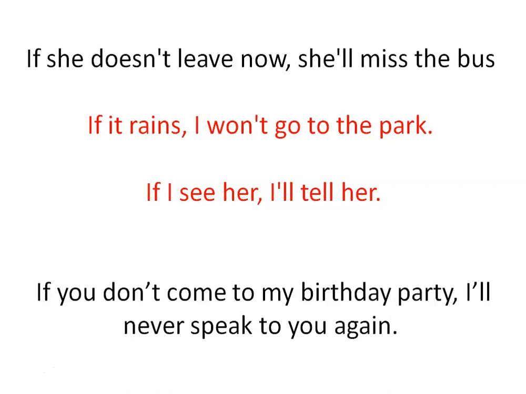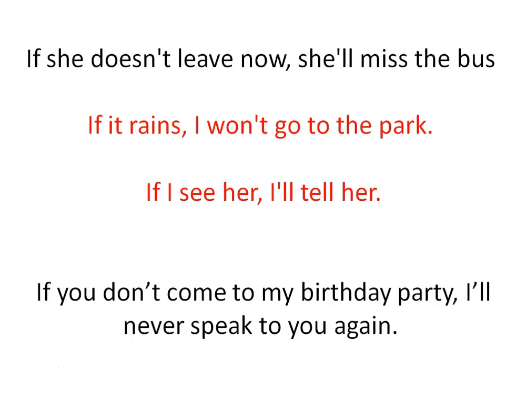And what would be the consequence? What would be the result? I will not go to the park. It naturally happens all the time. Whenever there is rain, we do not go out. We tend to stay indoors because all the roads are muddy with water and dirt. So the same concept is expressed through the if conditional clause. If it rains, I won't go to the park. This is your future plan. This sentence expresses your future plans.